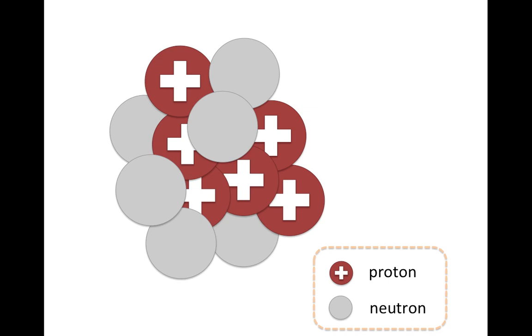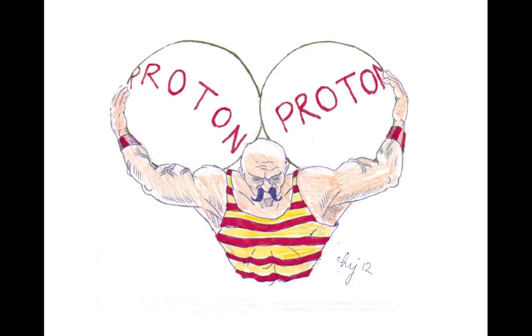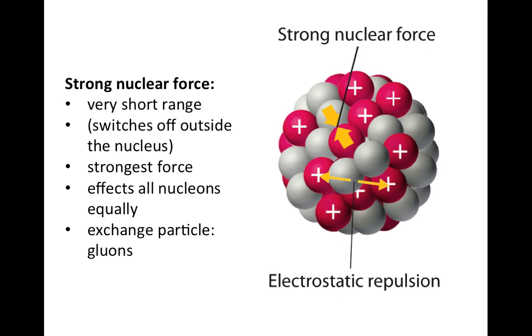Gravity is a very weak force, and at the scale of the atom it has no effect whatsoever. Electrostatic repulsion has many effects, but this strong force found in the nucleus is even stronger. It's the strongest force that we know of. It's able to hold these protons together, even though they really want to push each other apart. It's a strong force, it's found in the nucleus, so imaginatively it's called the strong nuclear force. It has a very short range. In fact, it switches off outside the nucleus,